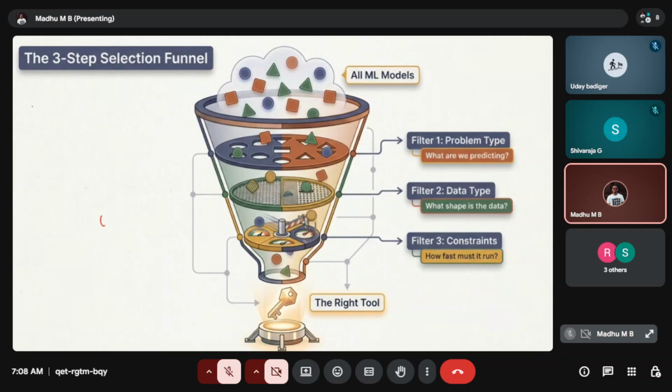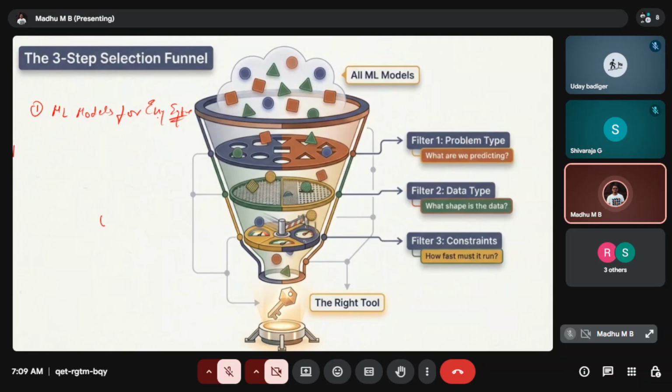Basically, I have divided these models into three categories. The first category is ML models for energy systems. In this first section, we will talk about the models suitable for the energy management system or energy systems.